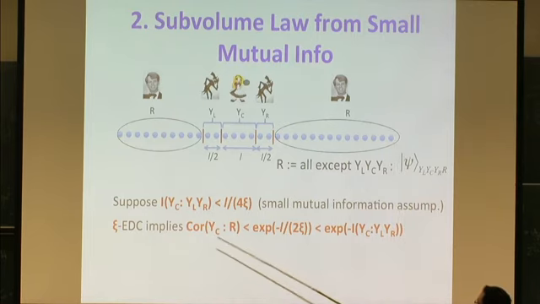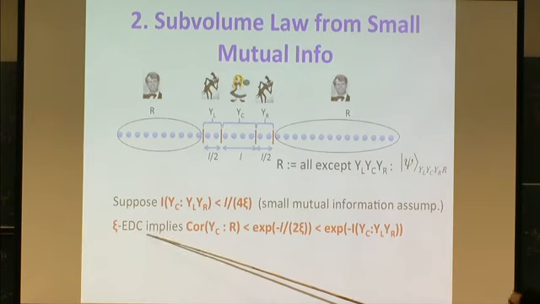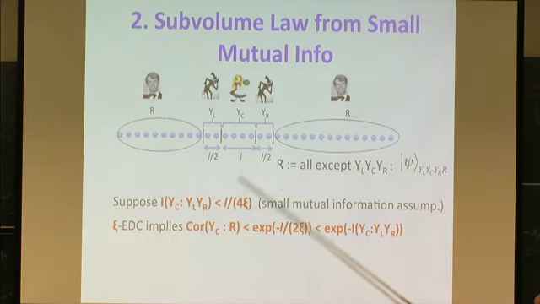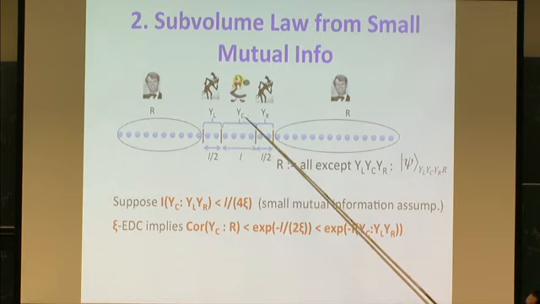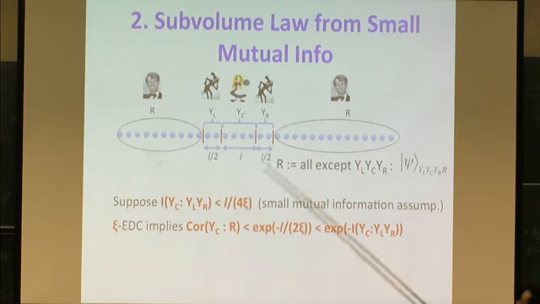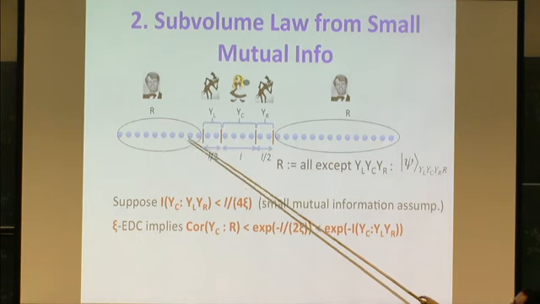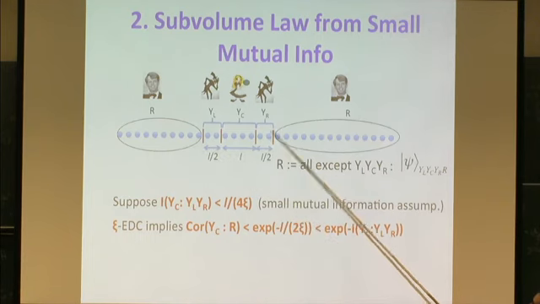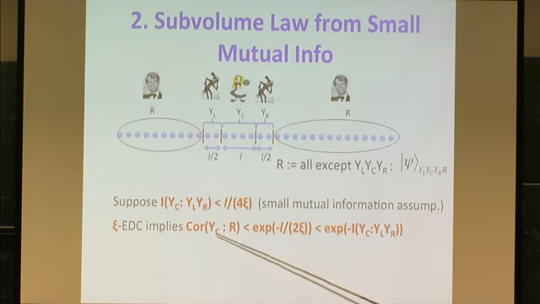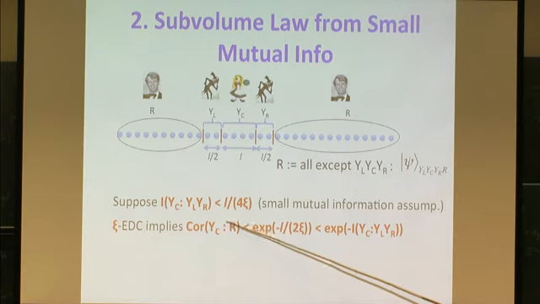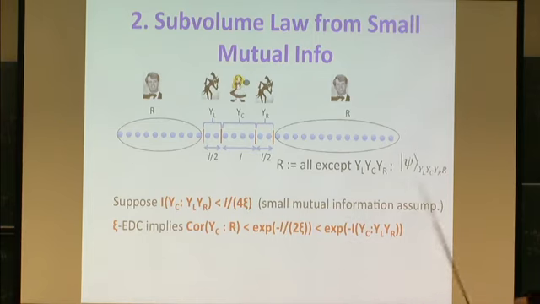And again, it will be just basic things. So we have exponential decay of correlations, right? So we can look at the correlations between YC, which is the central region, and the rest, which is here. So now YC is like, in the protocol, Alice, and Bob is this region R, and Eve will be the boundary ones. So exponential decay of correlation implies this, right? Because the separation is L/2. So we have this bound. But by our assumption of small mutual information, this is always smaller than that, right?